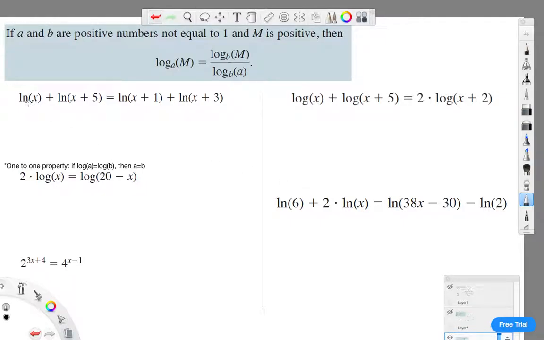Okay, so I've got ln of x, or natural log of x, and then natural log of x plus 5. Let's change this to ln of x times x plus 5, because we have the same base here, so we can use the product rule, and that's equal to